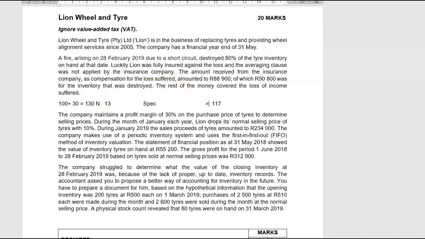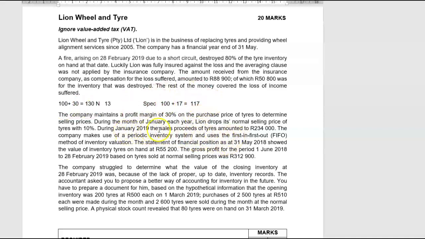So what was then the cost price plus the profit? Now remember, the cost price can never change. So if the cost price was 100 Rand before, it's still 100 Rand, because if you paid 100 Rand for something, there's nothing that's going to alter that fact. So 100 plus what equals 117? 100 plus 17 equals 117. So for my special sales, that was my markup or profit formula.